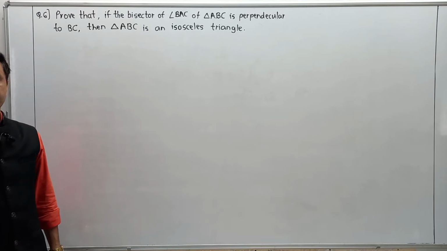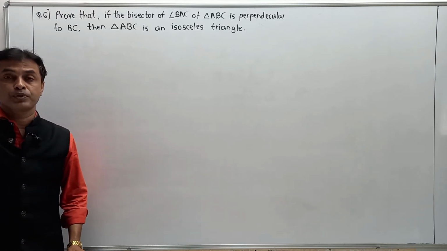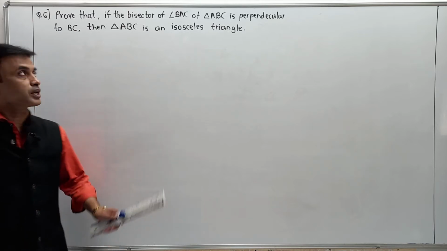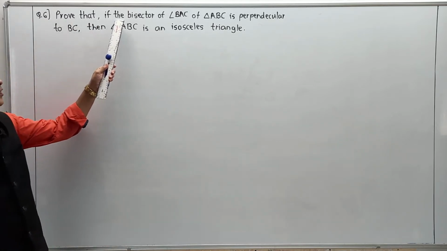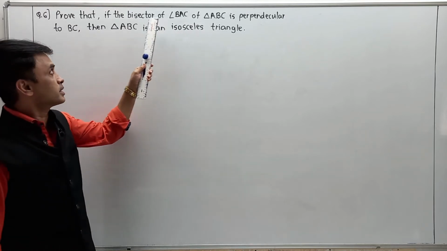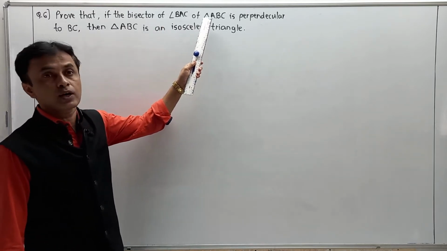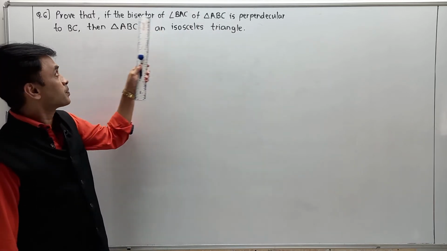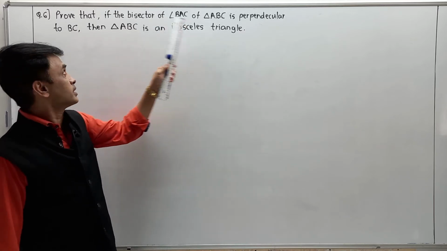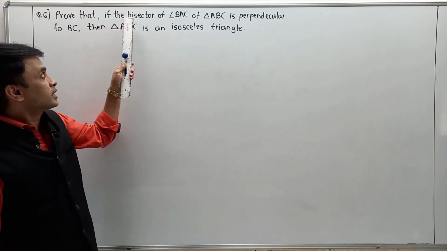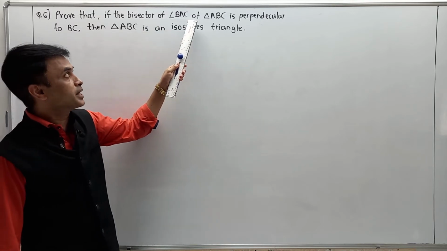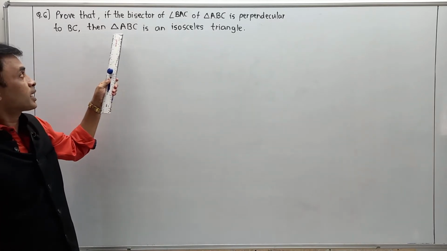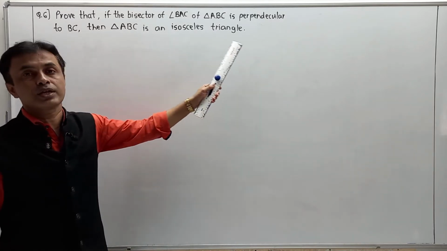Now students, we are moving to the next proof. Again, this proof is going to give you an idea of when some nomenclature is already declared in a question. Means what? Prove that if the bisector of angle BAC of triangle ABC, meaning triangle ABC is already given as nomenclature by them and there is a bisector for angle BAC. So the statement is, prove that if the bisector of angle BAC of triangle ABC is perpendicular to BC, then triangle ABC is an isosceles triangle.